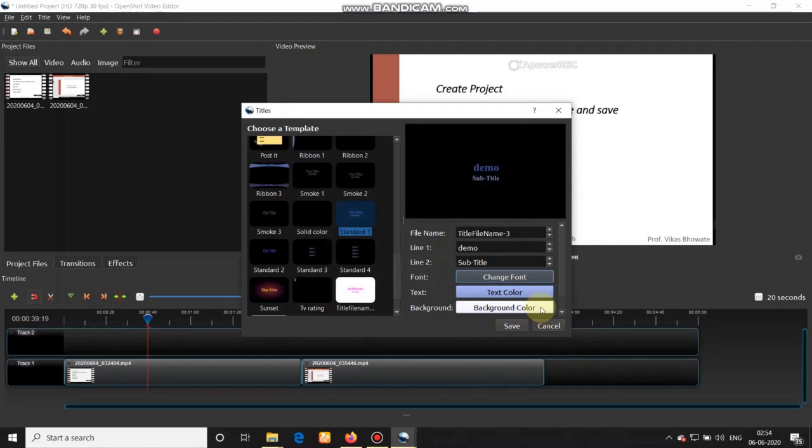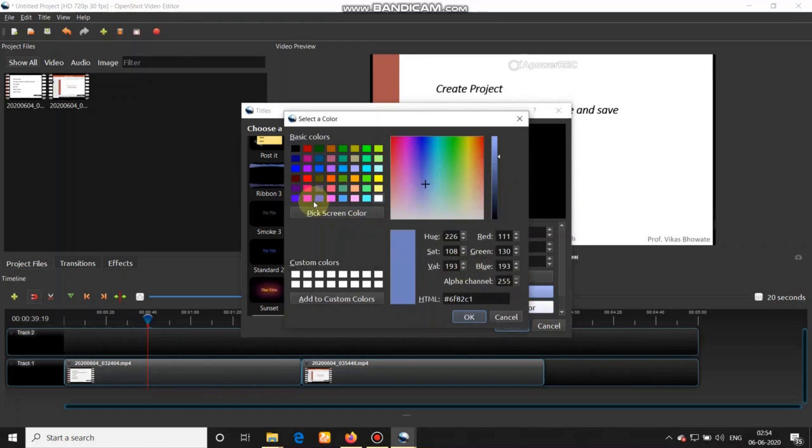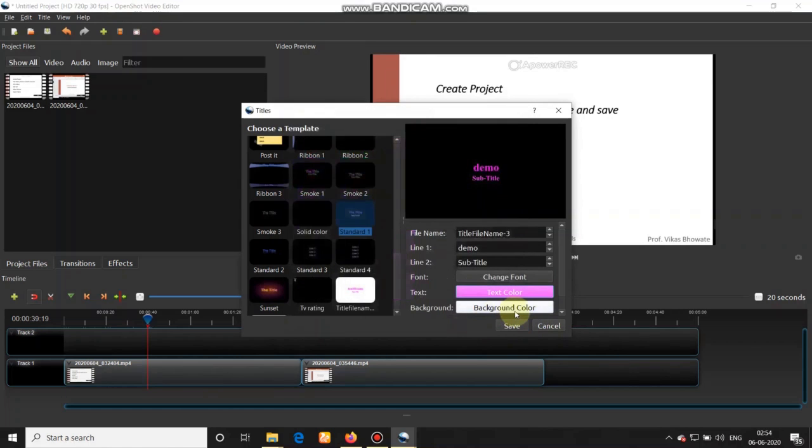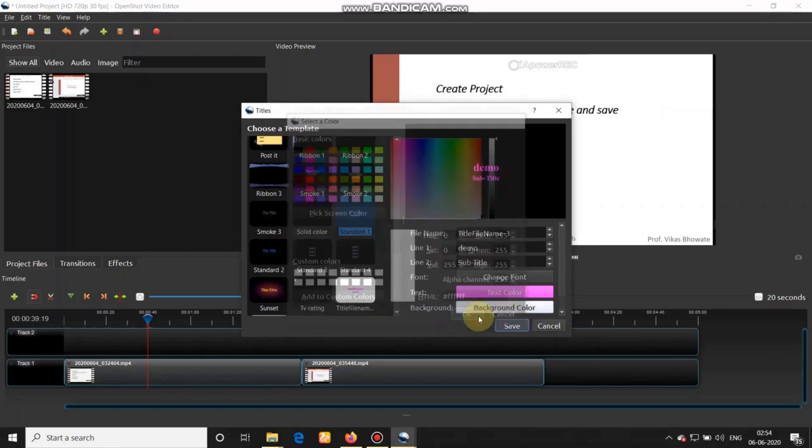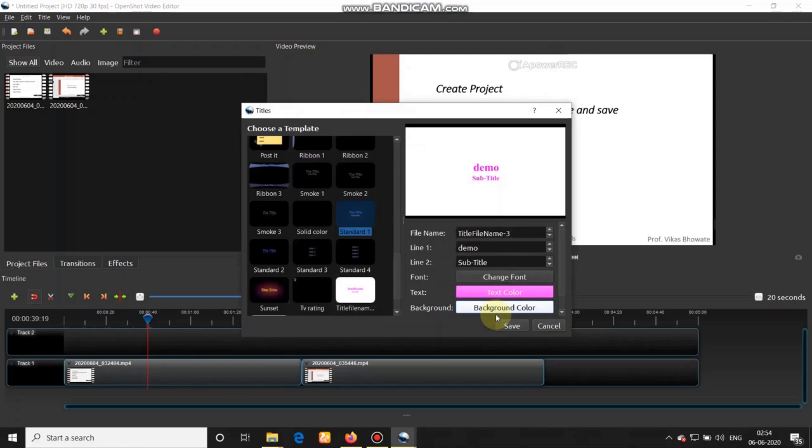You can change the text color even. So suppose I am going to take the text color as pink. You can change the background color also. So suppose I am going to take background color as white. It is going to change the background color to white. This is how the text will appear. And then you click on save.